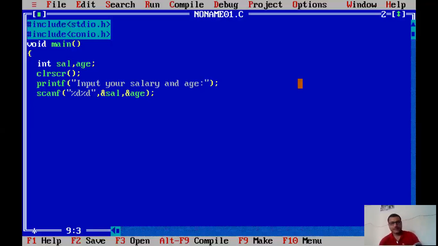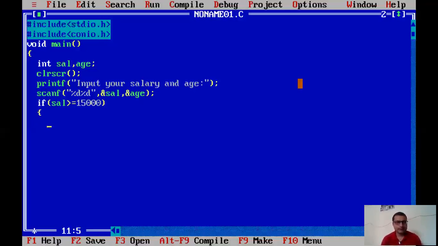Now, as I'm going to implement this with nesting, I'm not going to use logical operators to combine multiple conditions, right? So I'll check the first condition. Salary may have two possibilities: it may be greater than or equal to 15,000, or less than 15,000. So here I'll write: if salary is greater than or equal to 15,000.